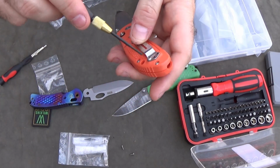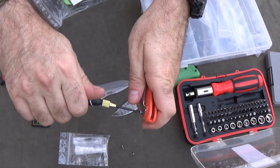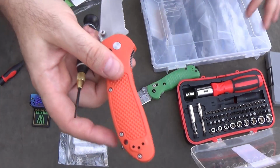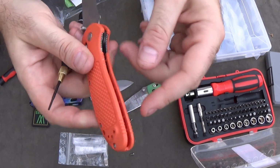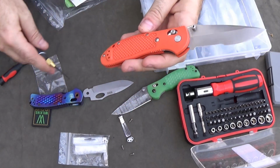Now you only need to take the clip off if you're using the original Benchmade clip on the Wilkins grip, or whatever else you're using, because this clip is anchored into the plastic itself. You'll see how that works. It's not into the steel liners at all. Once that's done,